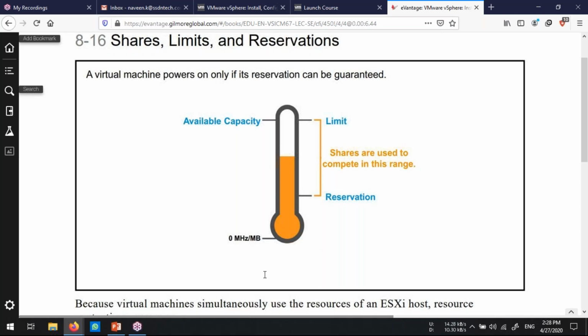One is the reservation, the least amount necessary for that virtual machine to start. If the reservation is not available for a virtual machine, that virtual machine cannot be started. You can set a reservation of 0 or any amount. Then the shares value. After the reservation, the remaining